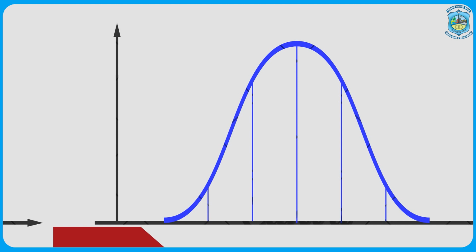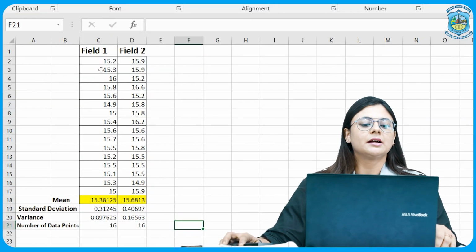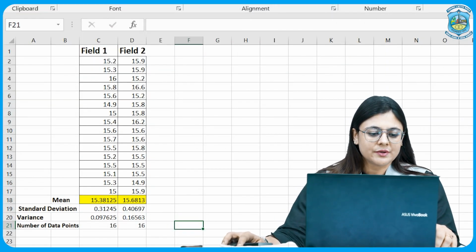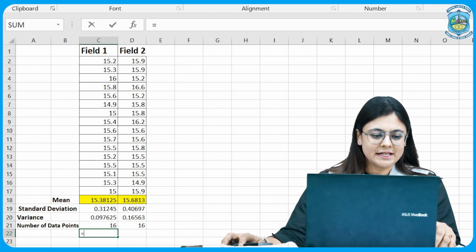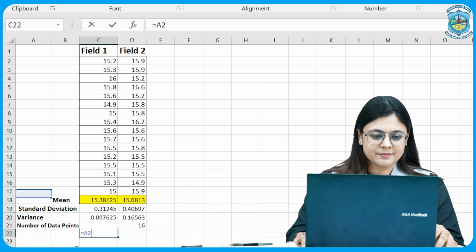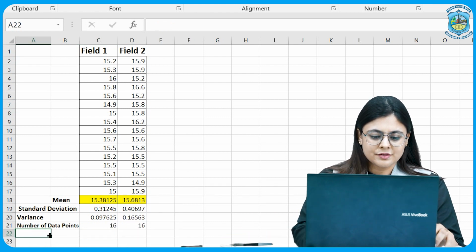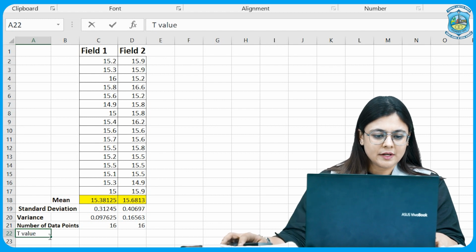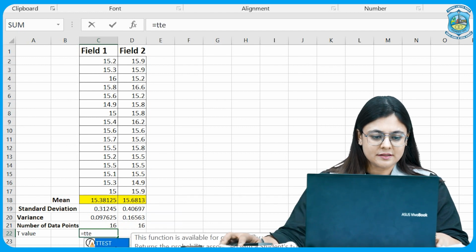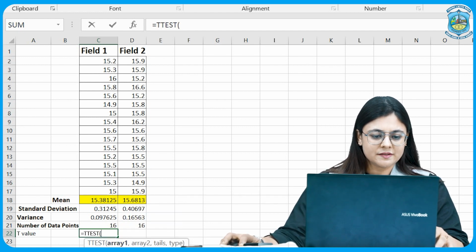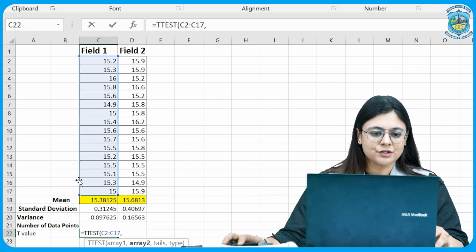But then here the magic of the Excel sheet works. It helps you to directly calculate the t-value. Let us see how. So, here we have again come to our Excel sheet where we have the data. So, here Excel gives you a provision of directly calculating. Let us write t-test first. So this would be t-value, and here put an equal to sign and t-test. So double click, open the parenthesis. So array 1. So this is my array 1, comma, array 2,